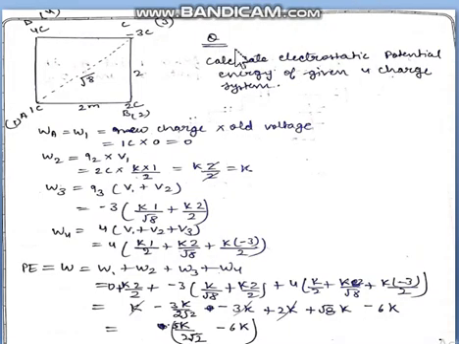In our question number 2, calculate the electrostatic potential energy of the given 4 charge system. So you can see 1 coulomb, 2 coulomb, -3 coulomb and 4 coulomb. These are the 4 charges given. The distances have been shown as 2 meter, 2 meter. So one square is shown and the corners are A, B, C, D. We have to calculate the total electrostatic potential energy.